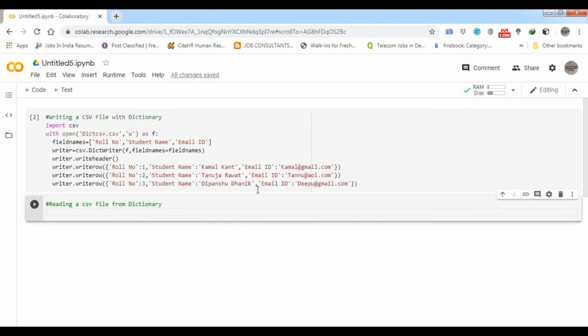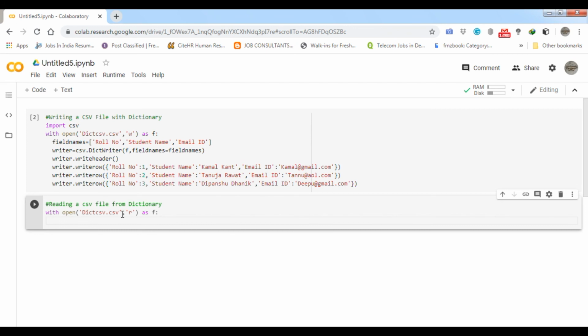We don't need to import the CSV module, so we are going to just open this file in read mode. The file name is dict-csv.csv, okay, good. Now we are going to read this file in read mode as f. Now we need to use a CSV reader.